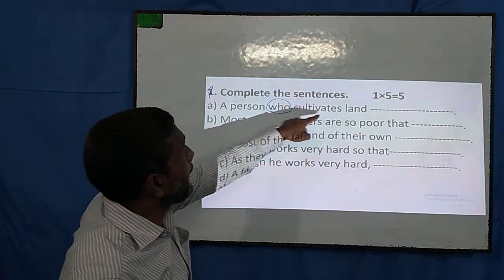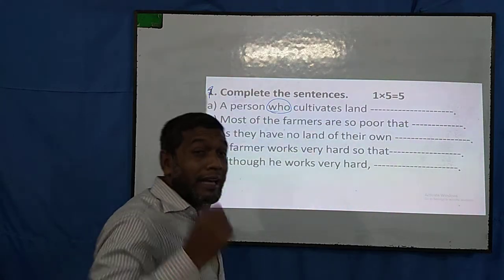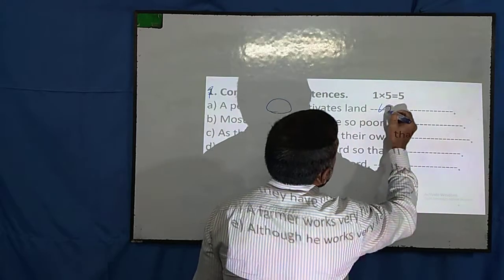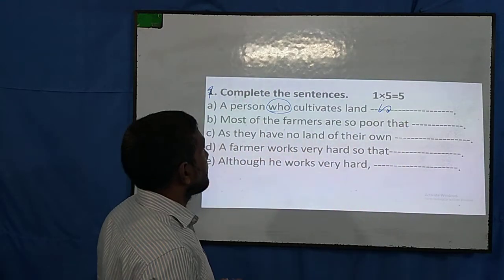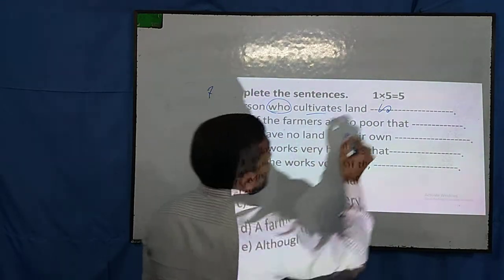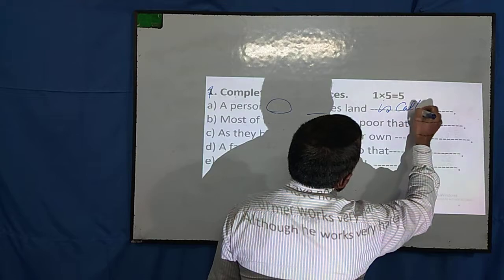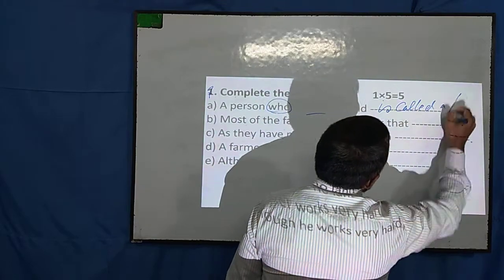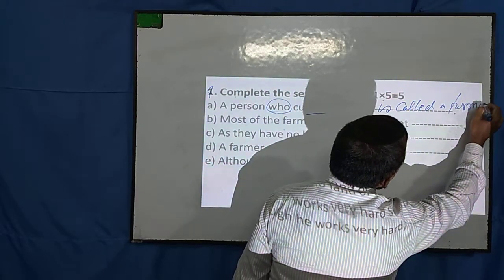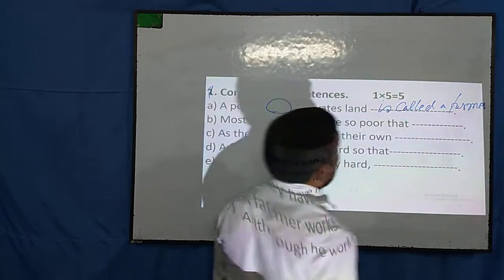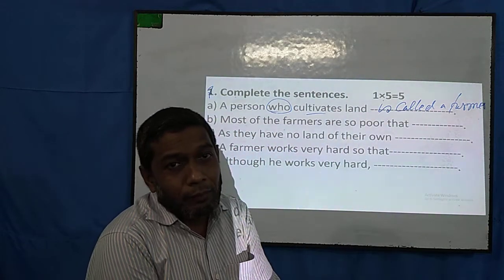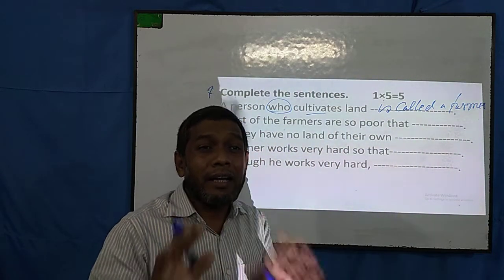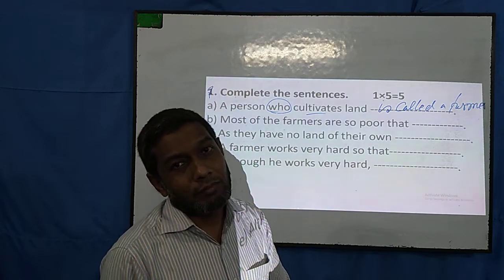So, a person who cultivates land. The next clause I will start with the verb, because this is present tense, so "is called a farmer." You have to write down this particular clause, but it is not fixed. You may write hundreds of different clauses, no problem,